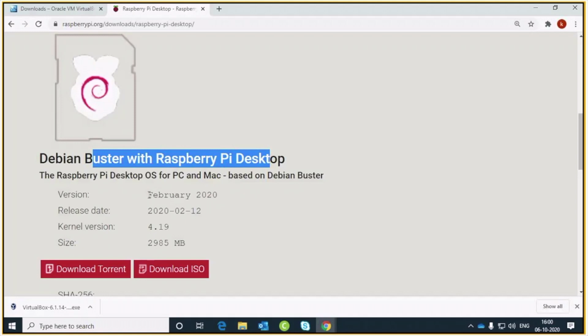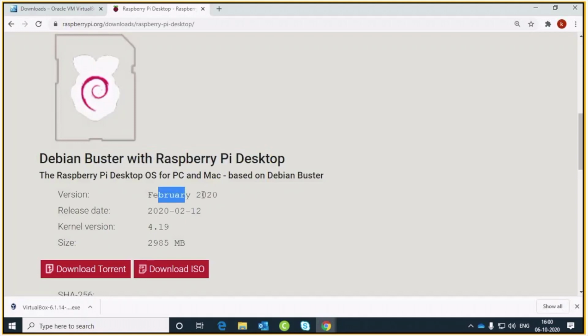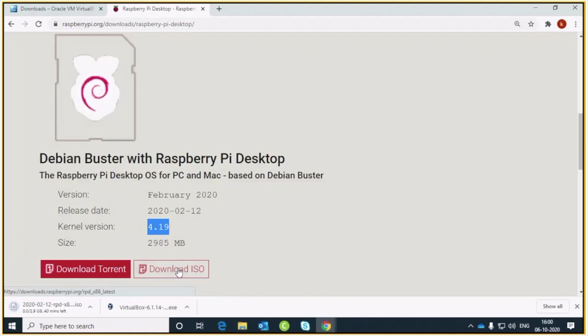This is the version February 2020, and the release date is this, and the kernel version is 4.19. So click on download ISO file. This can be used to install Raspberry Pi desktop on a Windows machine as well as a MacBook.